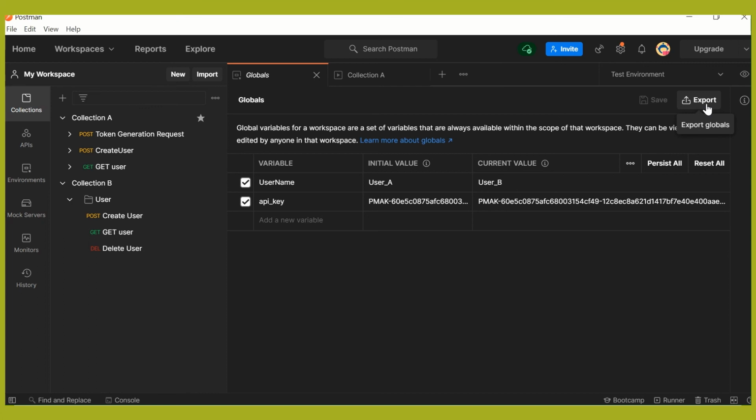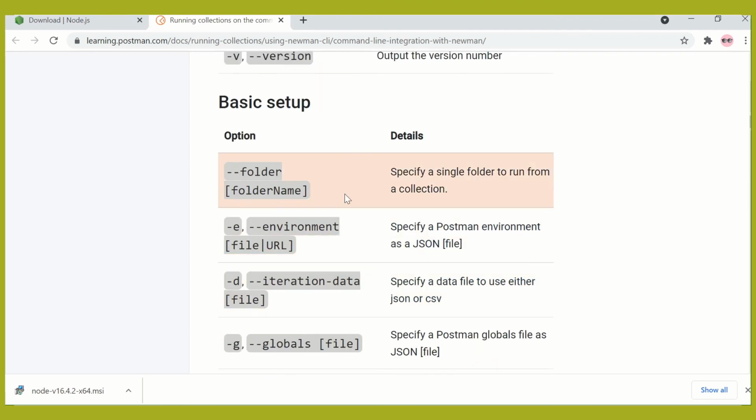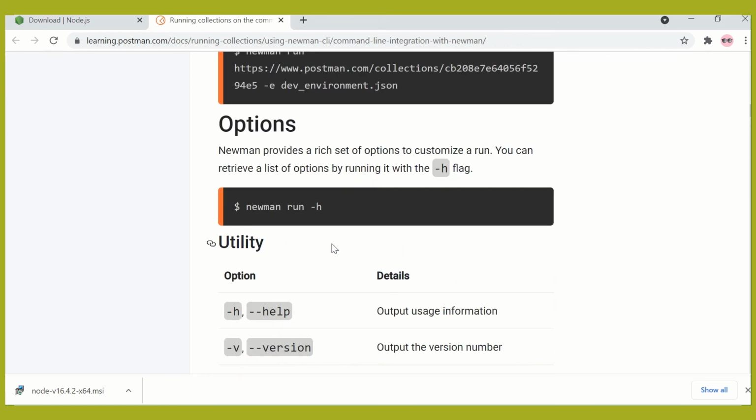Keep it on your machine, and when you are running this collection using the Newman plugin, you can pass this file as an input parameter to the run command. As we have already seen, we can provide the environment file using -e. Similarly, the global file can be given using -g. So we can pass these files when we are running the Newman run command.